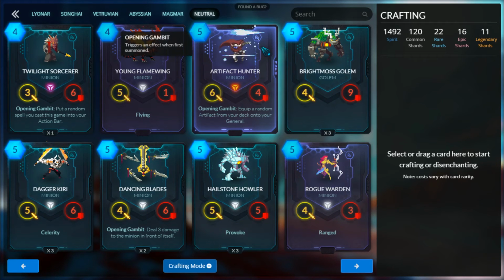Artifact Hunter. This is a new legendary. Came out last patch. Get this guy. If you're playing Vitruvian, Abyssian, basically any faction, if you have a great artifact card, get one of these, craft one, whatever you want. You get a 6/4 dude for 5, which is good, but you also just get a free artifact thrown onto your general. And although it's random, if you just put that one artifact in your deck, like the Flying Sword for Abyssian, or Twin Fang for Magmar, or Regalia for Lionar, boom, it's on your general,